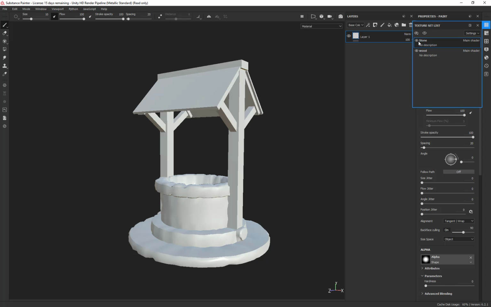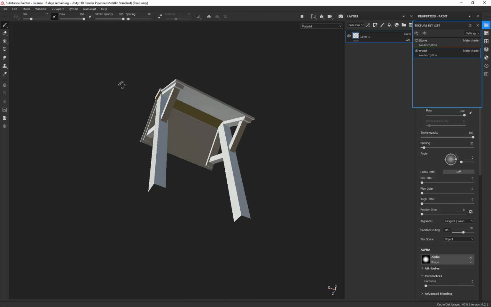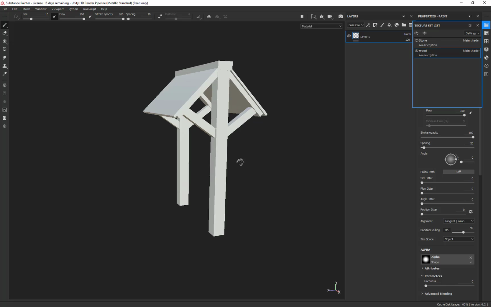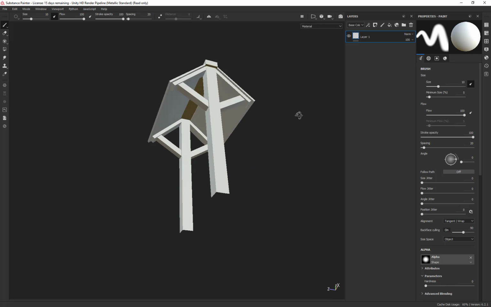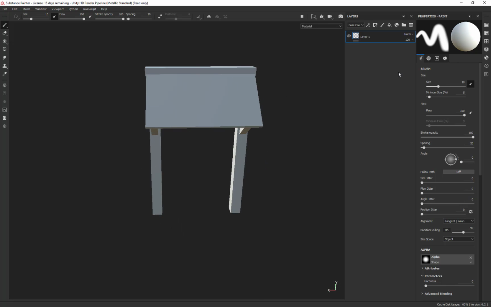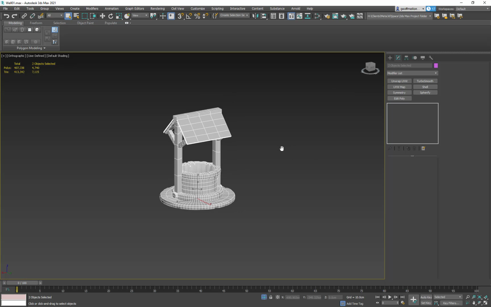In fact, you can hide one. Like I can go to wood and hide this. I could just be working on this and bake just this. And I suggest you bake them separately anyway. And we'll talk about that. A couple more tricks that we'll do inside of Substance Painter. But yeah, so that's all I'm looking for is the 2 big pieces. Think you guys can do that? I think so. Yep. All right. So I'll put this big